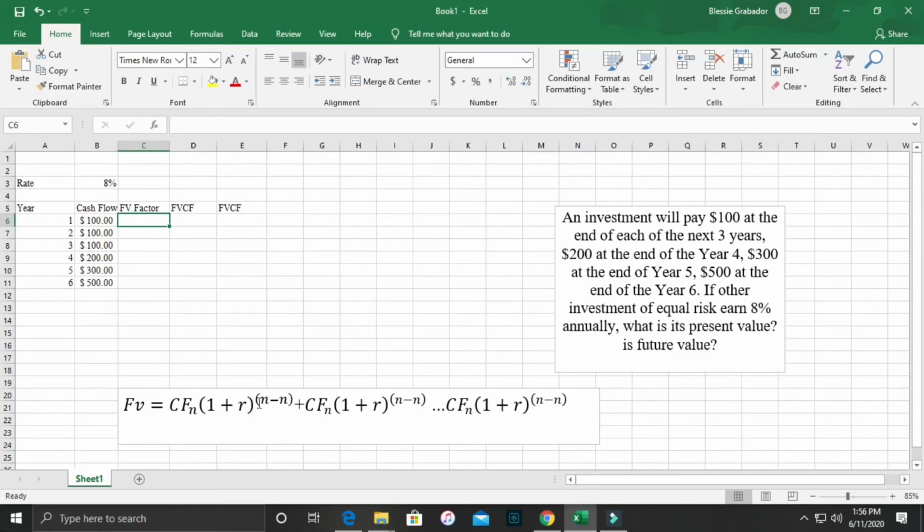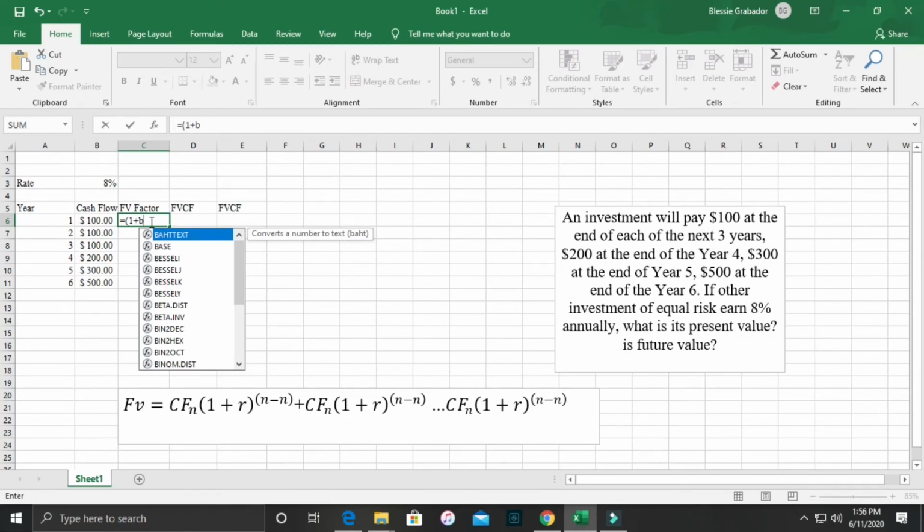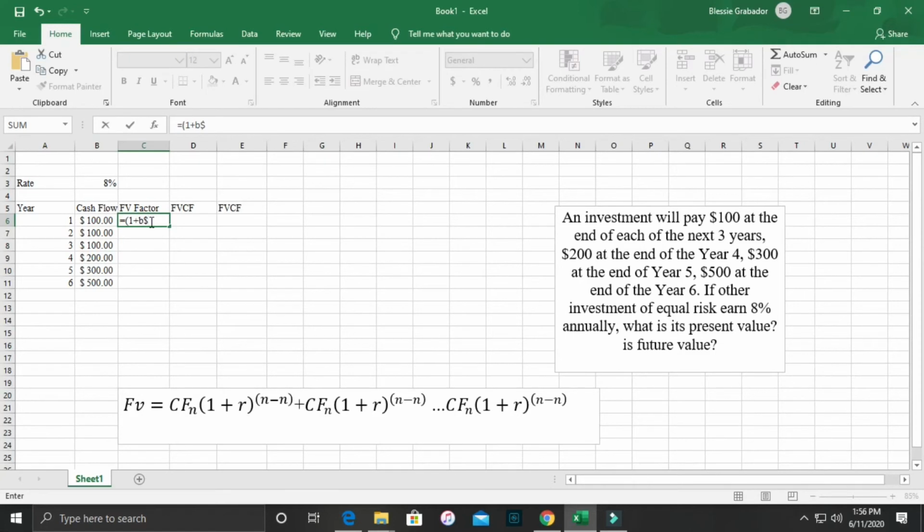So this is the factor, so equals parentheses open, 1 plus rate. Our rate is B3, so I'll put again a dollar sign to lock this, so B3, then raised to 6 since it was 6 years, then minus A6,